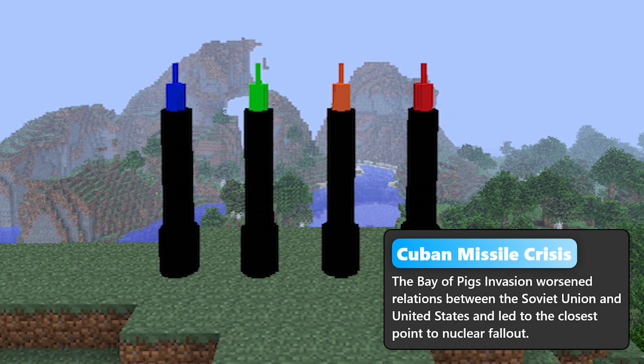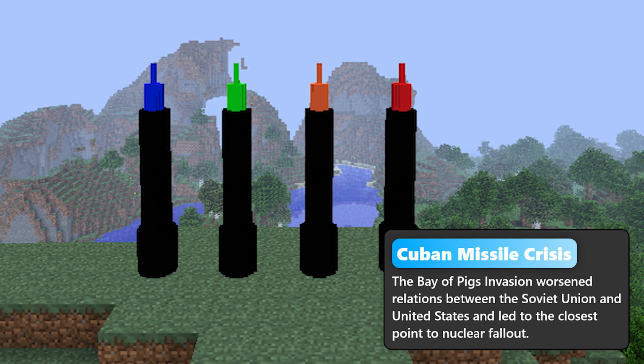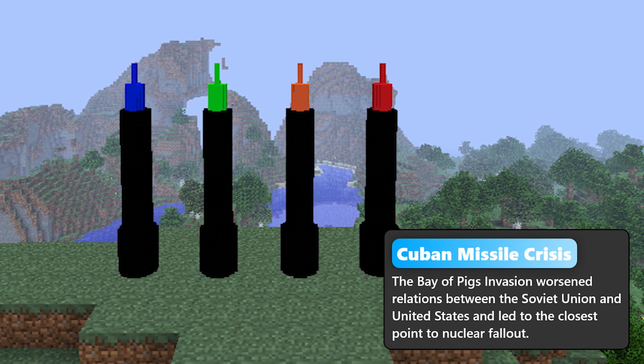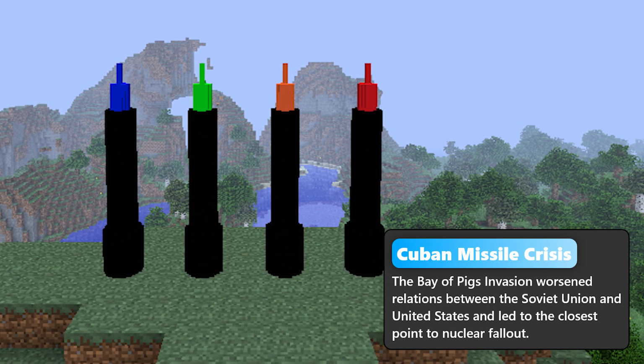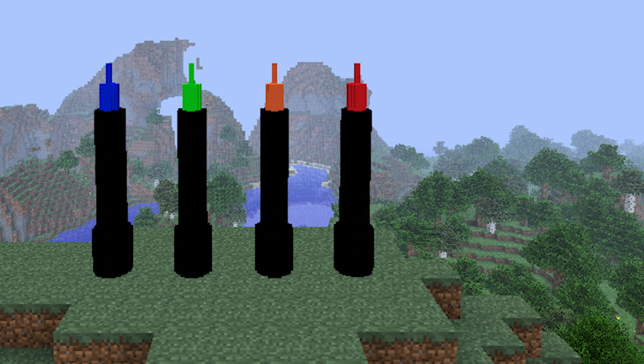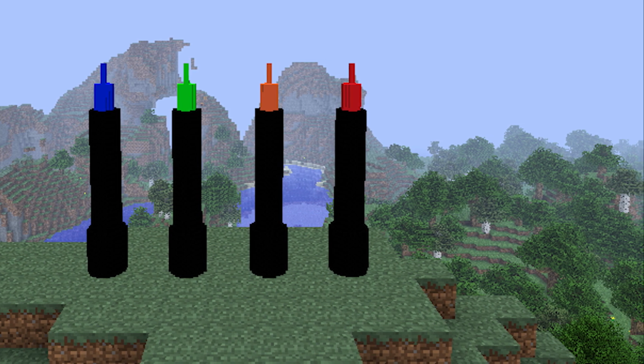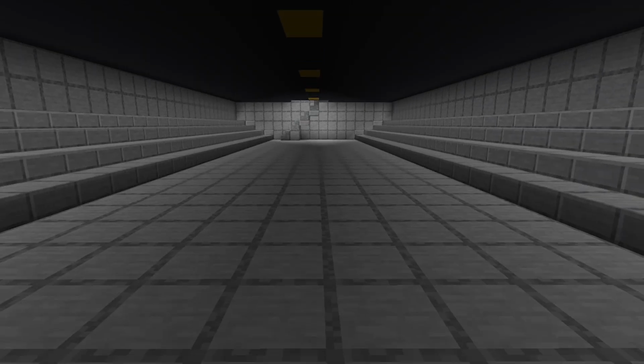Although the Cuban Missile Crisis was the closest we ever got to nuclear warfare, the Soviet Union and United States were able to negotiate a deal. The deal resulted in the Soviet Union and the United States removing a lot of their close-range missiles. Meanwhile, on the other side of the globe, the Vietnam War was happening.